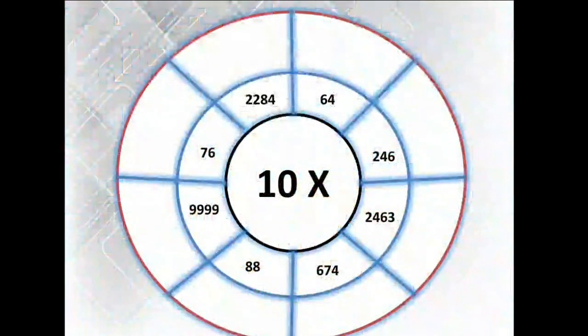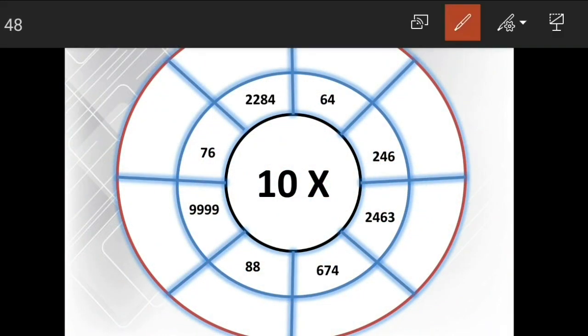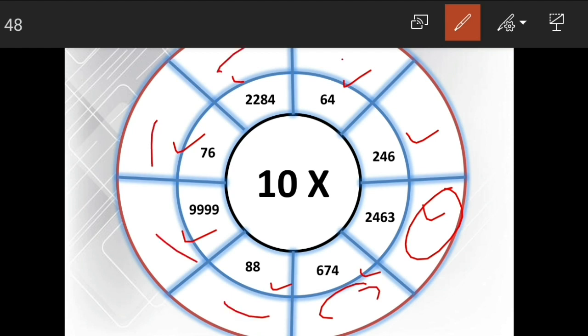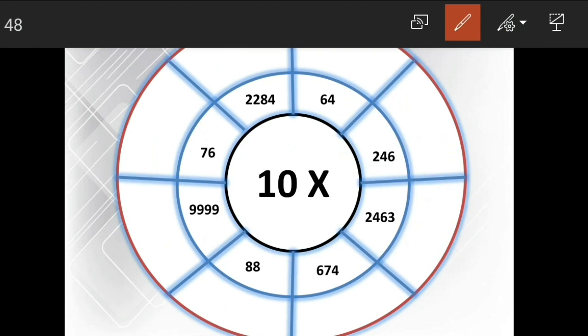You can see a circular picture here. You have to multiply these numbers with 10, and the answers you have to write here in the blanks which are given. You have to write the answers here. How? First, you will multiply